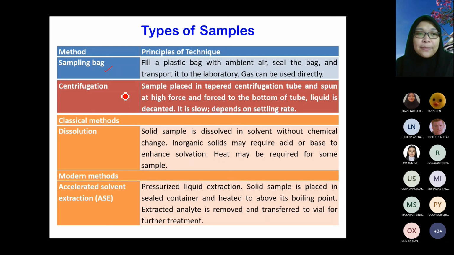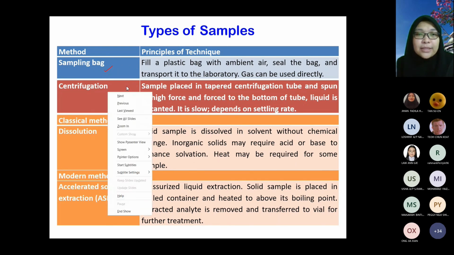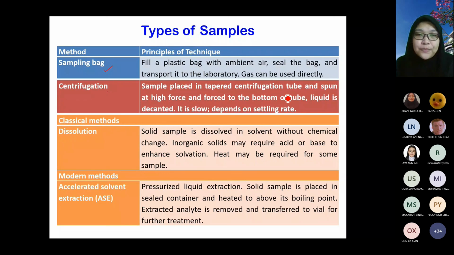If you have liquid sample, you need to do the centrifugation. So the sample is placed in a centrifugation tube and spun at high force and forced to the bottom of the tube. So the liquid will be decanted. It is slow because it depends on the settling rate. Okay, and at the end you will get the liquid sample. For solid sample, you can use dissolution, or this one is classical methods, or modern methods we have accelerated solvent